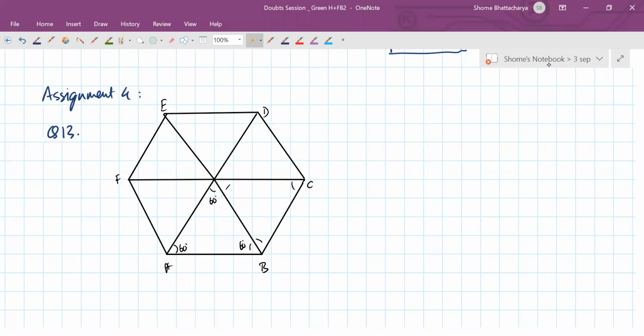Yes, foundation batch 2 students can leave because you have not come up to this section yet. Actually, you people have just started your course, so you don't need that much time for doubts. It's fine.